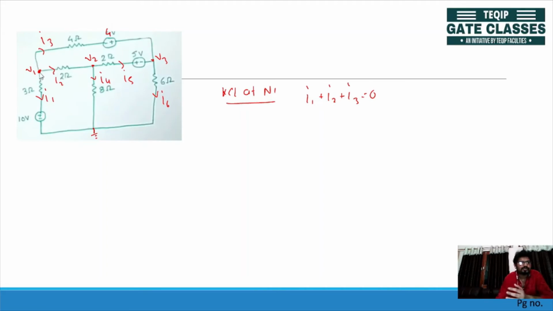The potential difference is V1 minus this voltage, so V1 minus 10. You are writing potential difference, that's why there is a minus. Do not get confused that you are entering at the positive terminal and writing minus here. This minus is for potential difference. So V1 minus 10 by